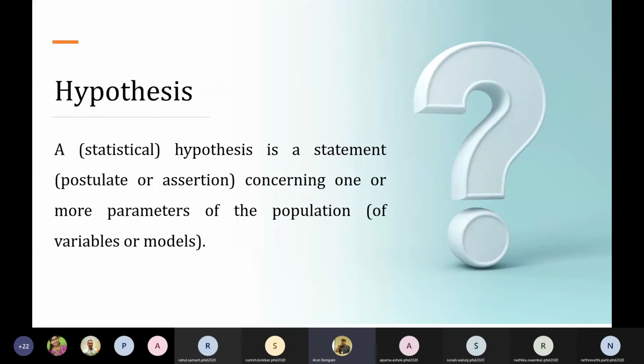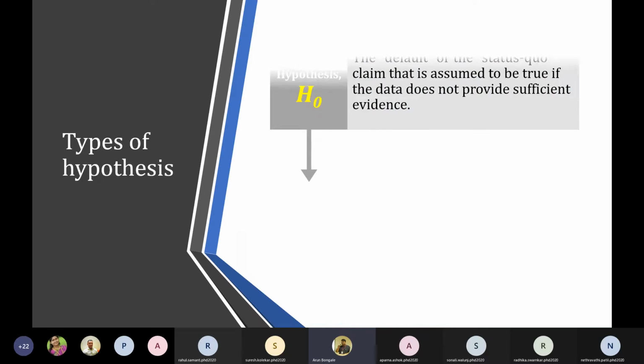And we also defined hypothesis. What is a hypothesis? A statistical hypothesis is a statement concerning one or more parameters of the population, right? All the statements have some parameter of interest, and that we need to check. The parameters of interest are average, comparison, variation, and proportion, right? So the statement should contain one such type of parameter that we are going to check, and later on we are going to either accept or reject that. To do that, we have two different types of hypothesis that we define.